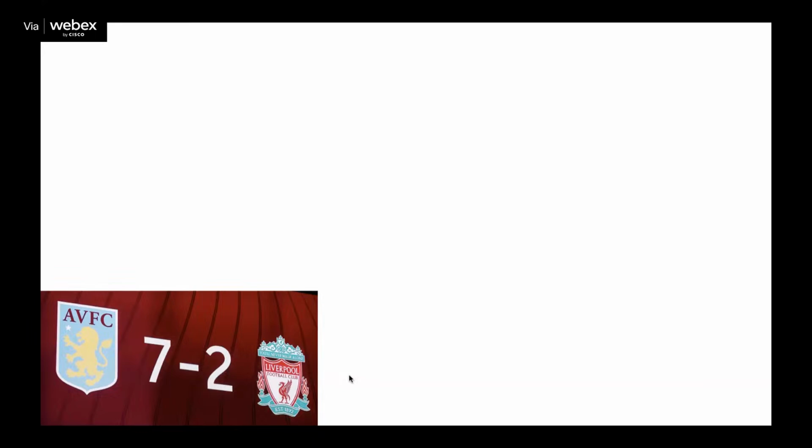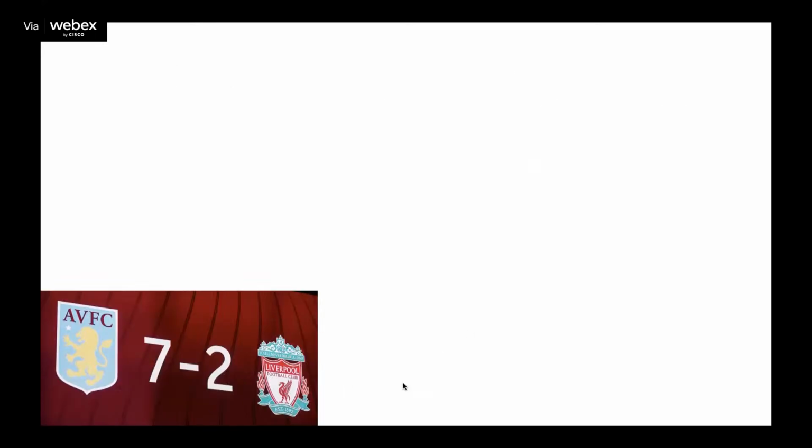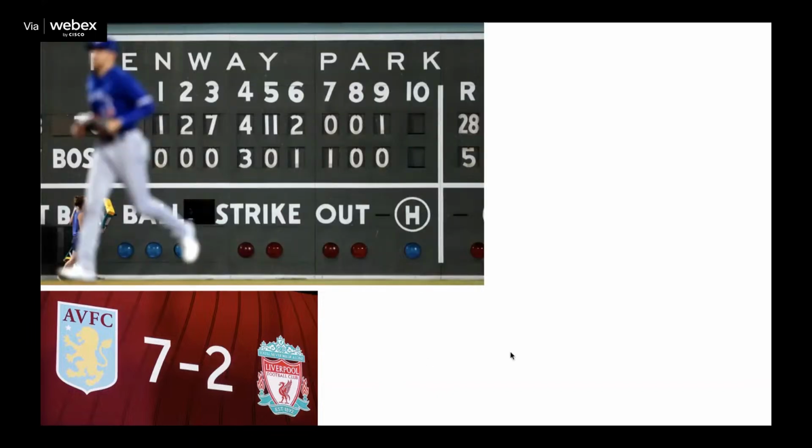Sorry. Before I talk about those things, I want to talk about what requisite diversity might mean in the context of sports. So I was living in Thailand when I first did a version of this presentation, and Aston Villa had just beaten Liverpool 7-2. Now, a lot of Thai people are Liverpool fans, and I brought this in just to sort of make them groan or laugh or hopefully something. And I'm going to bring up a couple of other examples, and I'll talk about what I mean by this in a second. You know, I'm living in Toronto.